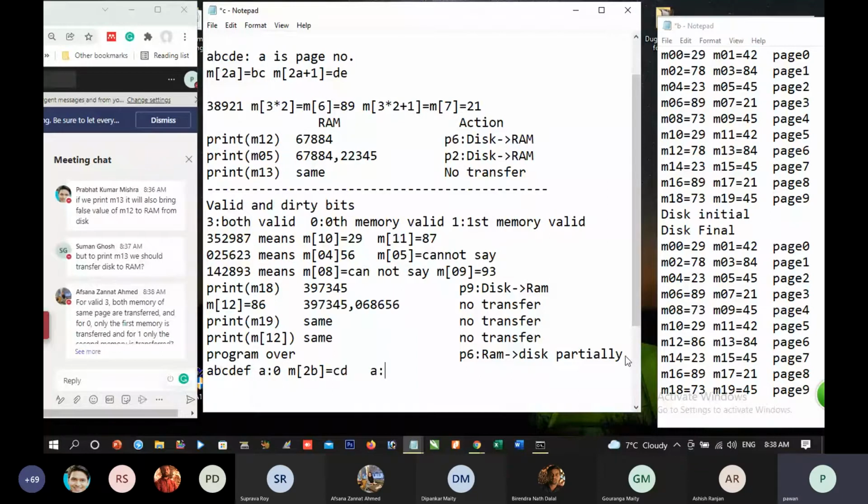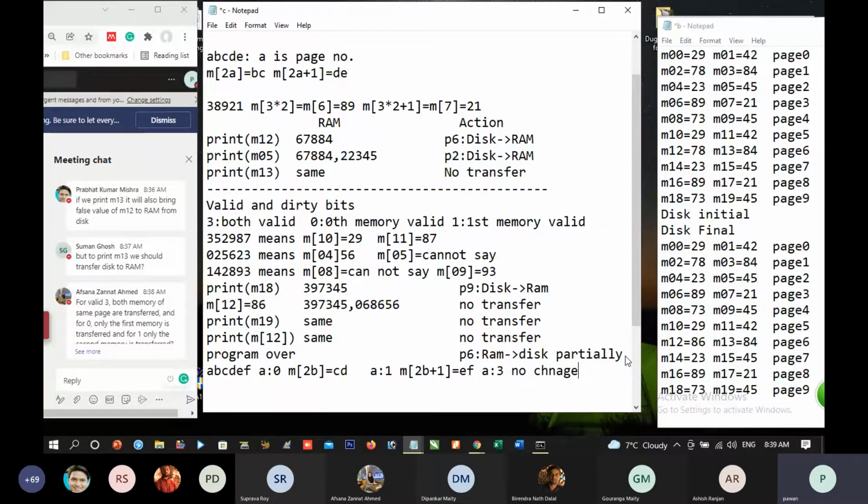A equal to 1 means memory 2B plus 1 is made EF. A is equal to 3 means no change on disk.